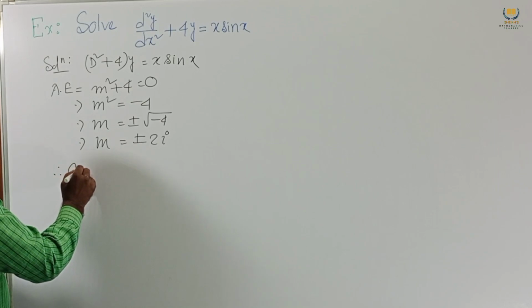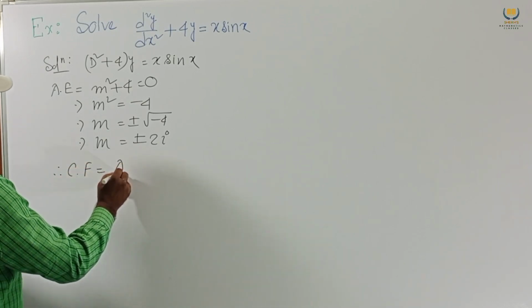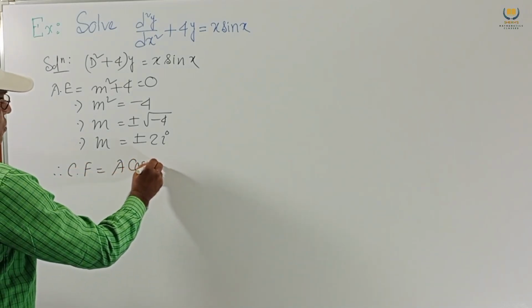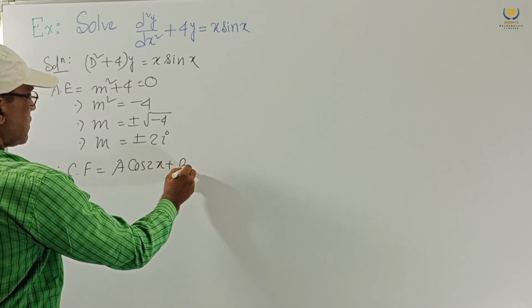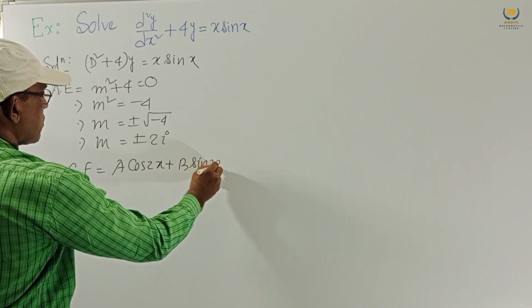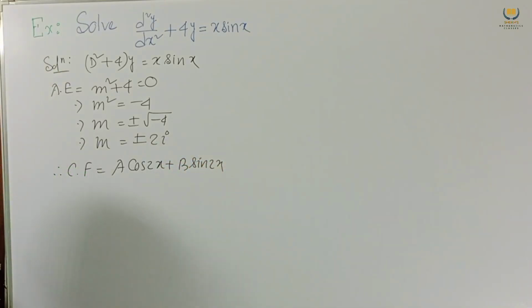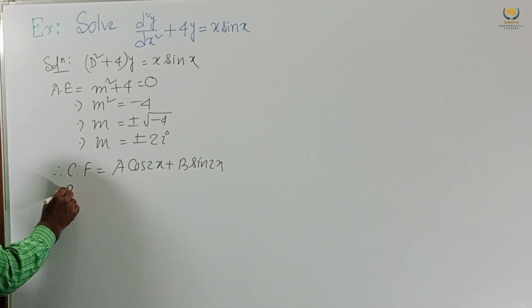Therefore, the complementary function is a cos 2x + b sin 2x. We get this. Now the particular integral